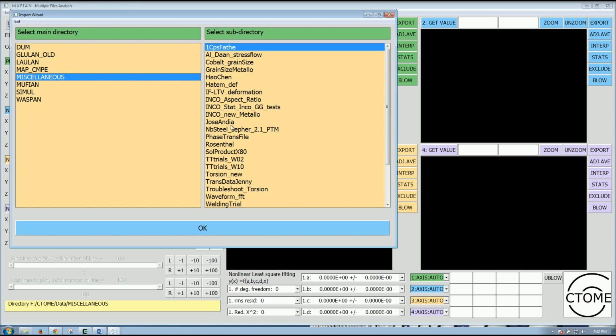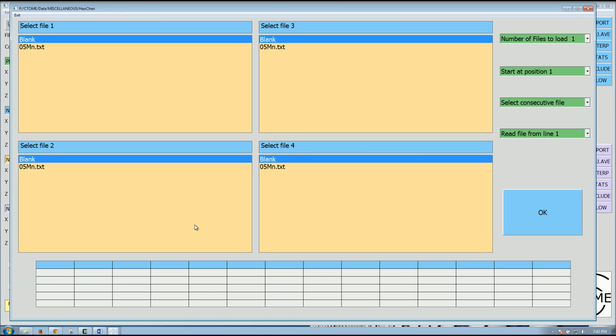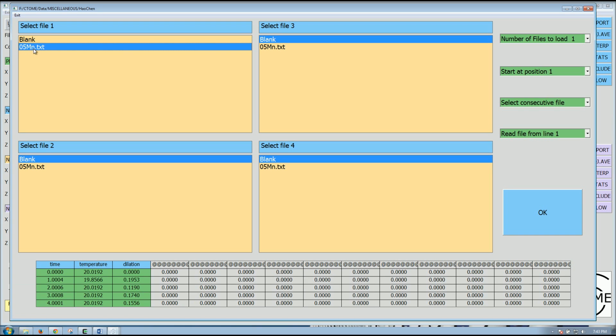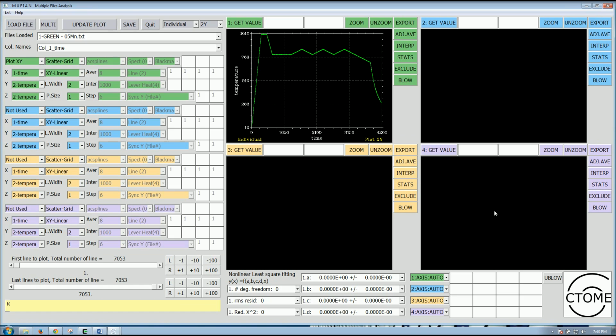So let's select, for instance, one file here in this folder, miscellaneous, and a subfolder called HowChain. Here I just have one single file, which is called 0.05 manganese text. You see here there are 3 columns in this file: time, temperature, and dilations. That's very easy. We can press OK, and then again this little